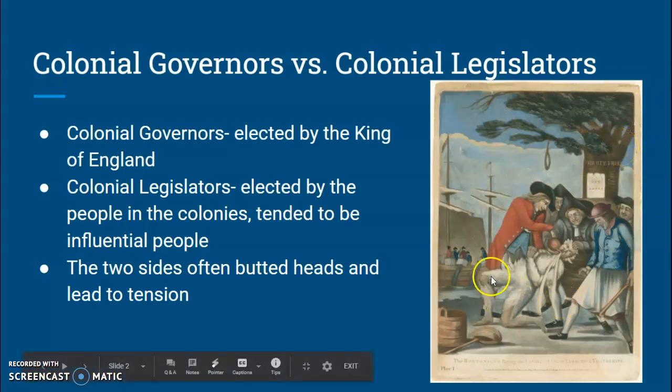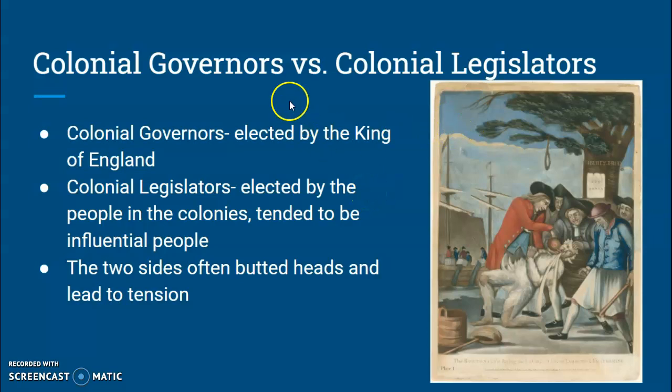There are some instances where colonial governors and even some tax collectors will end up being tarred and feathered, which you have a picture over here. Being tarred and feathered is the idea that literally they take tar, sometimes hot, they pour it on you and they roll you around in feathers. It's almost as an embarrassment, so you stick out, meaning you've done something that's not approved by many people at